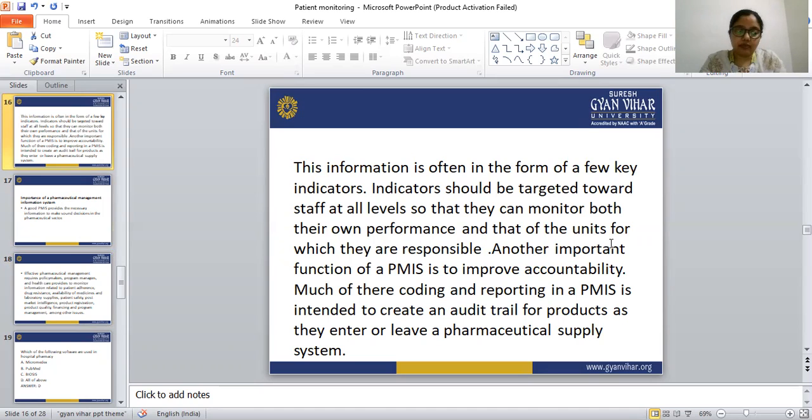In single parameter patient monitoring, we can monitor only a single parameter. For example, through a BP machine we can only check the BP of that patient. From the sugar machine we can check how much glucose is present in that particular patient's blood. So these are single parameter patient monitoring systems, whereas the multi-parameter patient monitoring system means there is